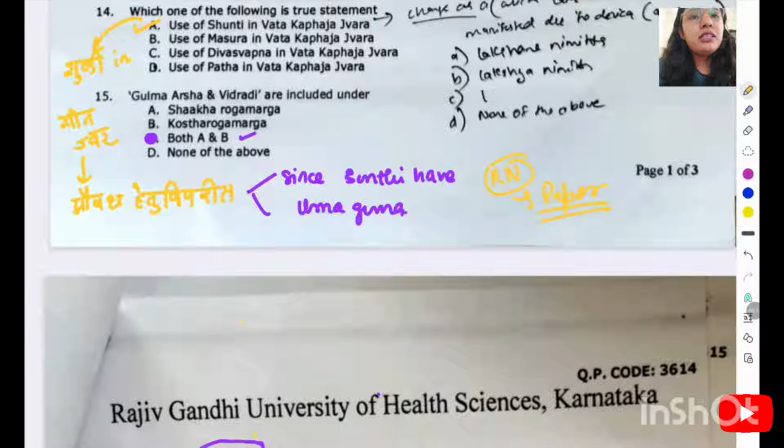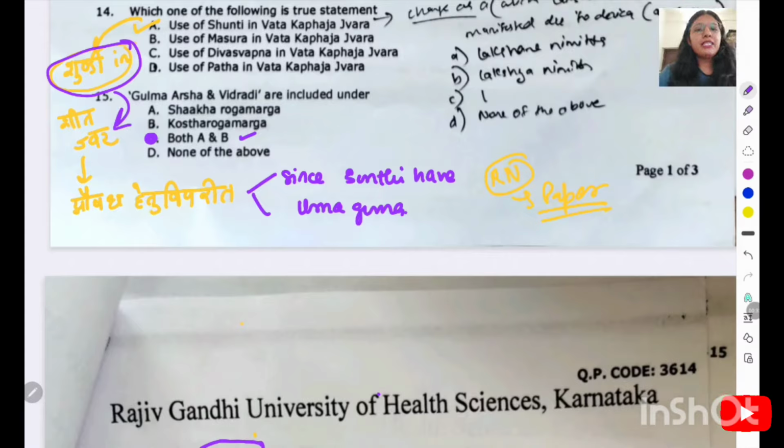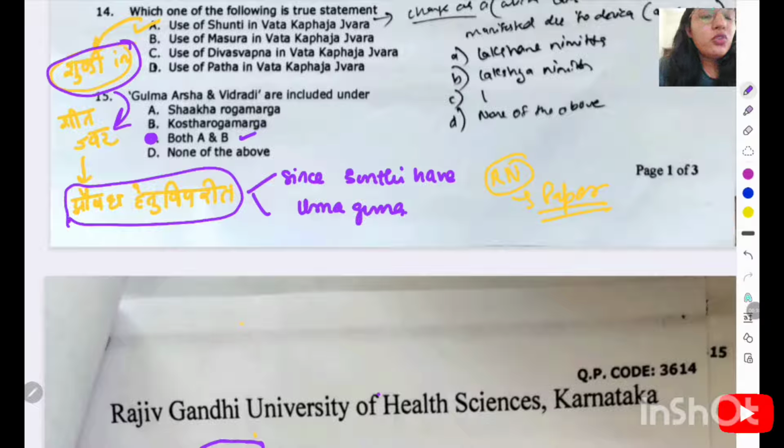Out of these, the right statement I have already written here: that Shunthi is given in Shita Jwara. So it is actually one of the examples given in Aushadha Hetu Viparita. So you should study this Upashaya and Anupashaya table. There are 18 types of Upashayas mentioned, and that will surely come in the exam with an example. So you can study that very surely.